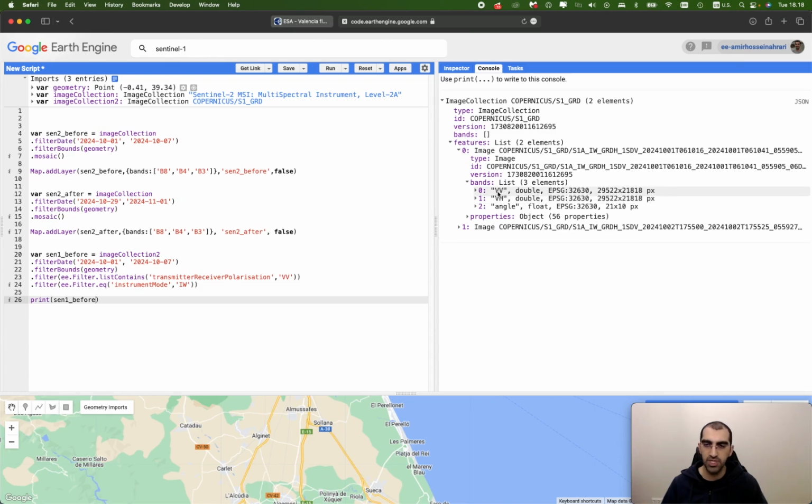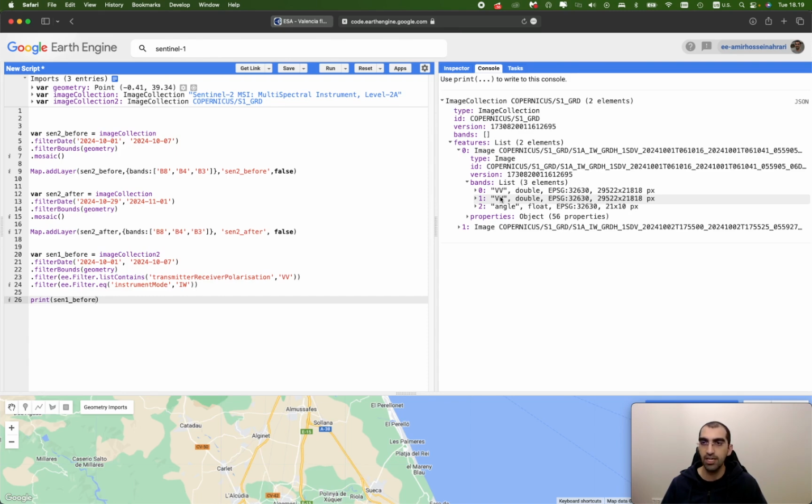And we prefer to use the same polarization bands because when we have the same polarization, meaning that we have higher radiation, higher energy, and higher information in the image. And most of the time, same polarization bands work better compared to cross polarizations such as VH. H here means the horizontal, meaning that the electromagnetic wave radiates vertically and its backscatter is received horizontally. The direction of electromagnetic waves is very important